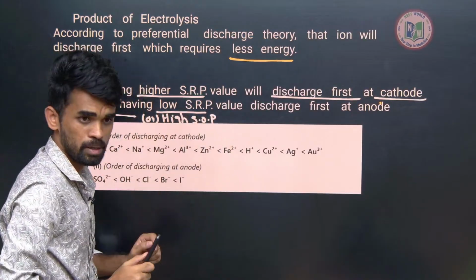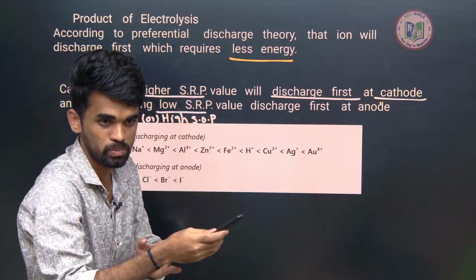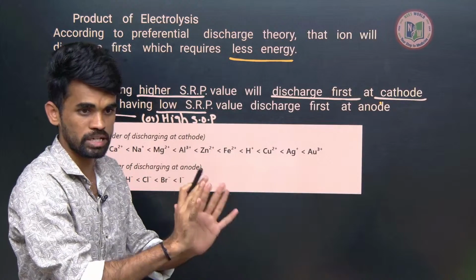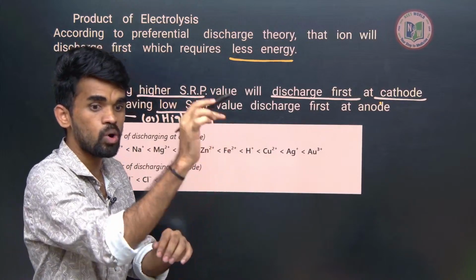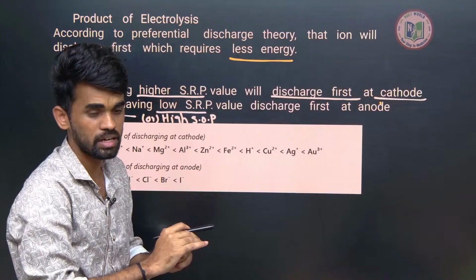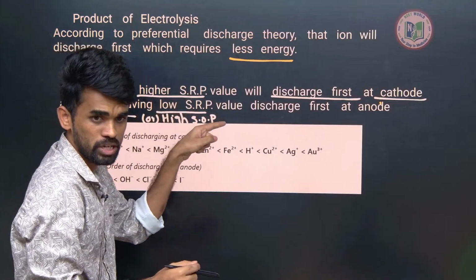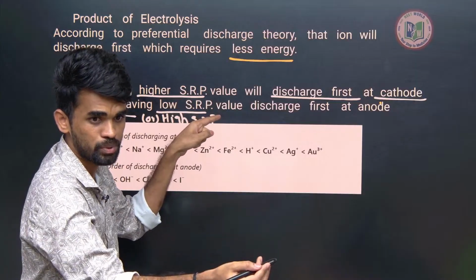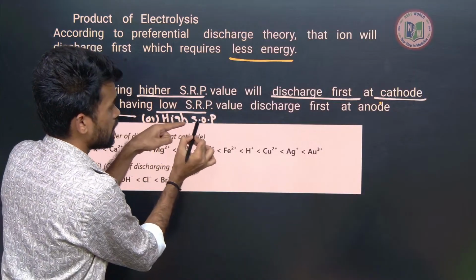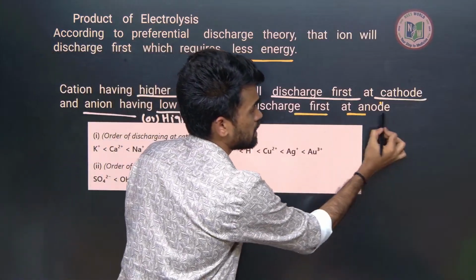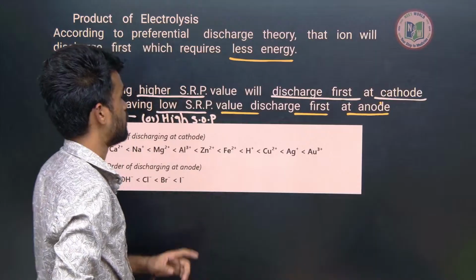Low SRP means what? More negative SRP, reduction potential, because by default in the books you will be looking at reduction potential. That's why lithium has more negative reduction potential, right? So we can say it has a lower standard reduction potential, or more negative standard reduction potential, or you can say high standard oxidation potential. So it will discharge first at the anode. Is that clear? So based on this,